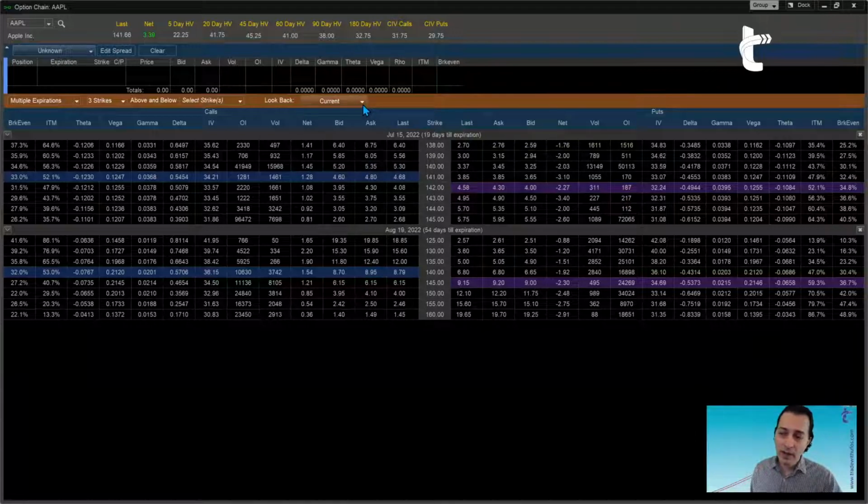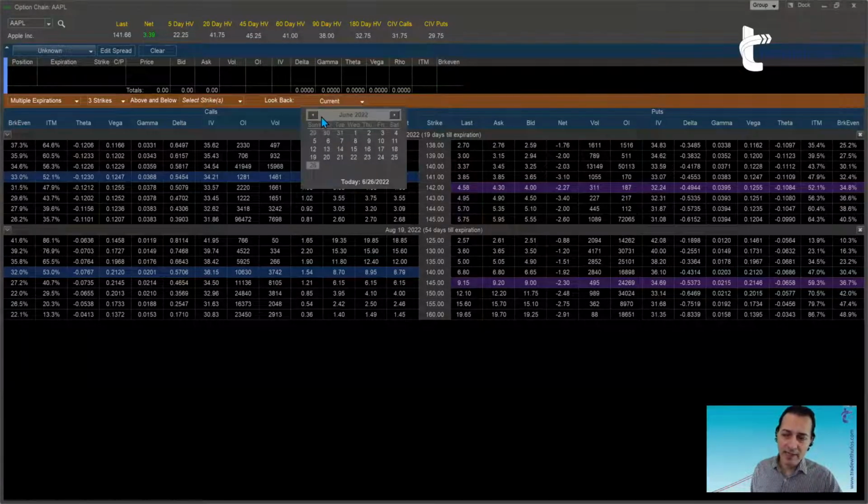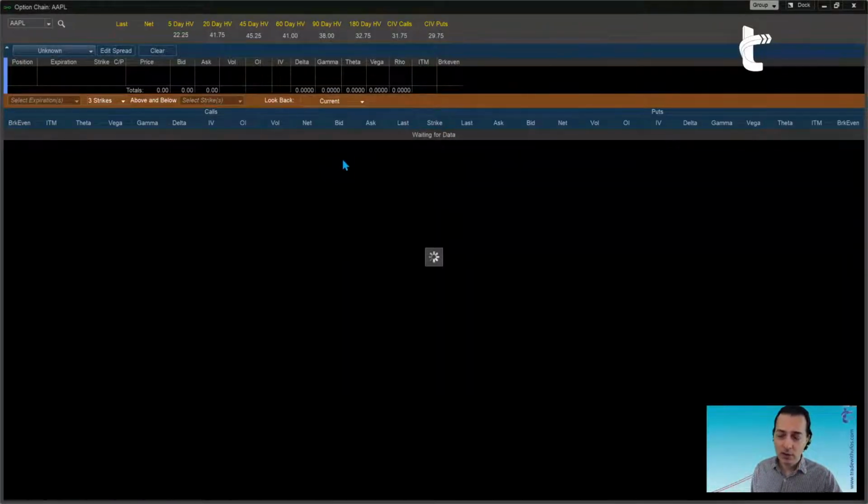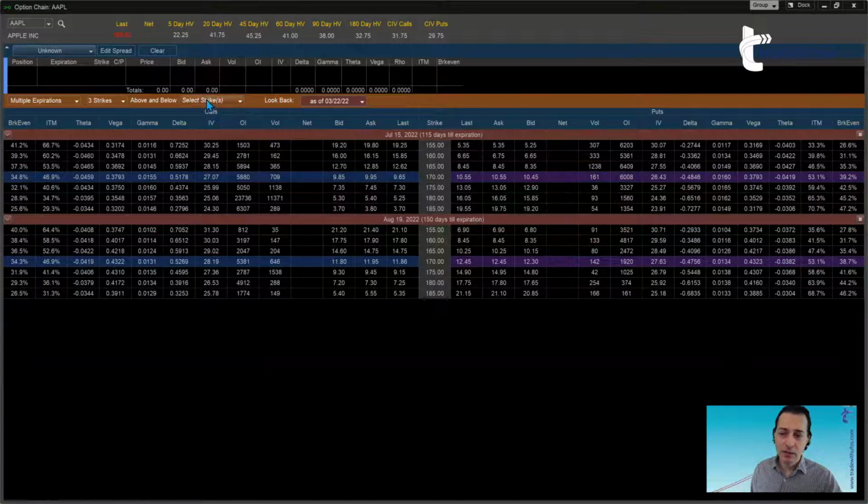Okay, now, no matter if we selected real time or a prior date, for example the 22nd of March, the drop-down menus that we have on the left, which are expirations, number of strikes, and specific strikes above or below, are going to affect the displayed information for the selected date. In other words, my selections here are going to customize and filter whatever I have selected for that date.